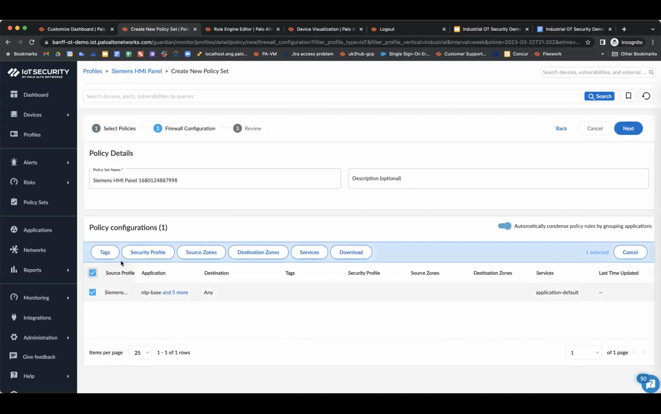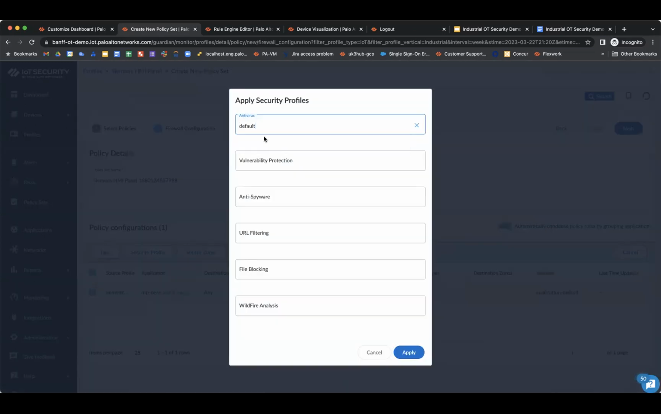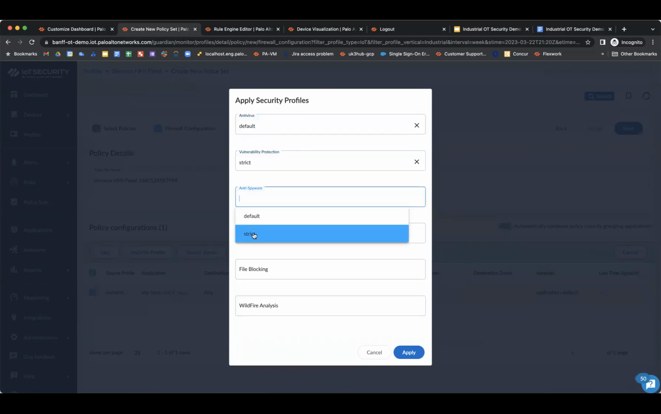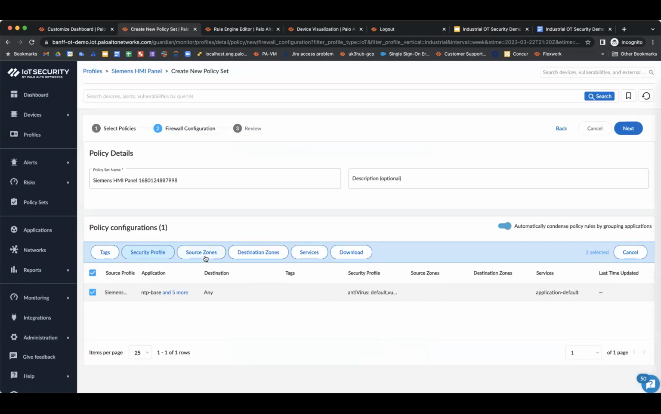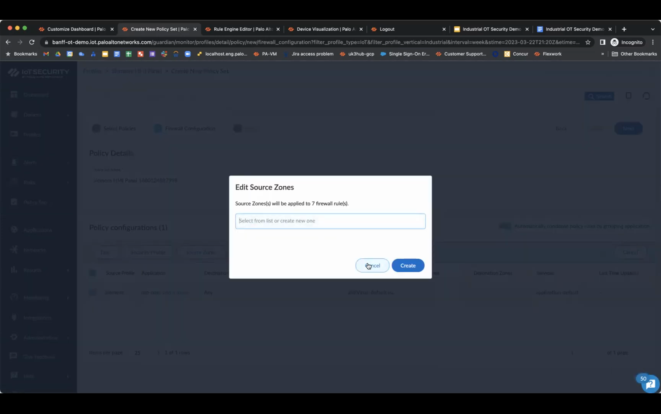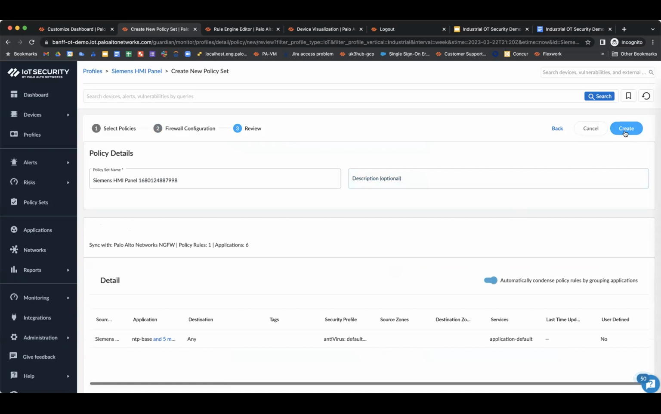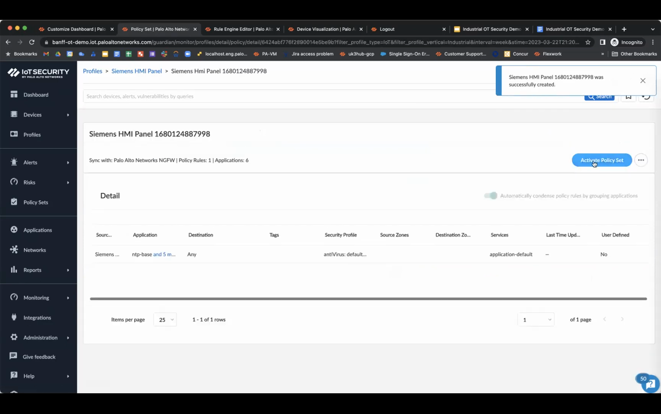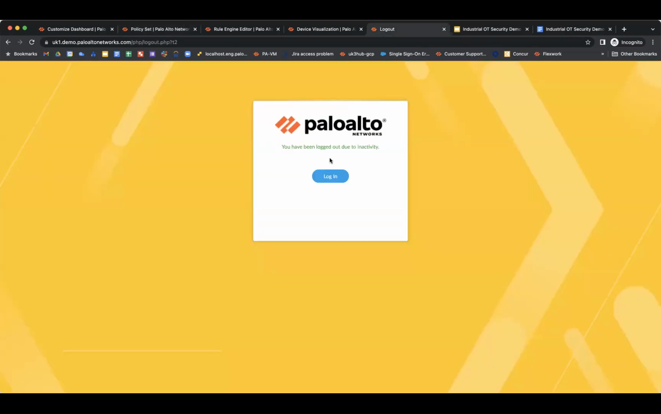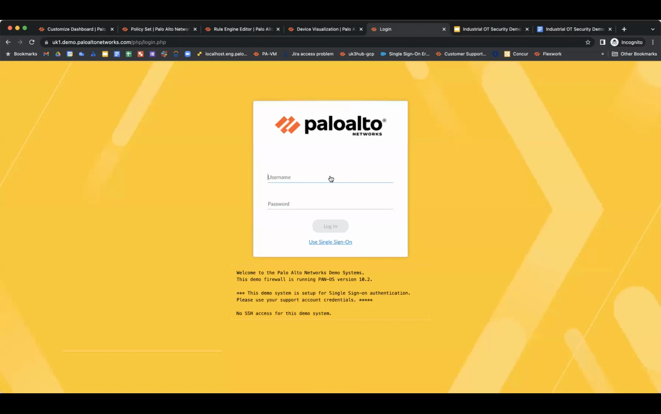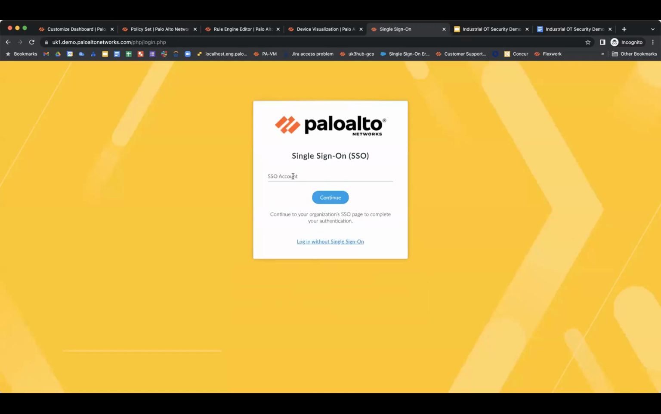Here you can even create your security profiles, like your spyware rules and malware rules, mainly to do native threat prevention. You can also do URL filtering and more. If you want to customize your source and destination zones, you can do that. You can select next, click on create, and activate it. The moment you activate it, this policy gets pushed into Panorama, or if you are managing the policy directly on the NG firewall, the policy gets provisioned onto the NG firewall as a policy